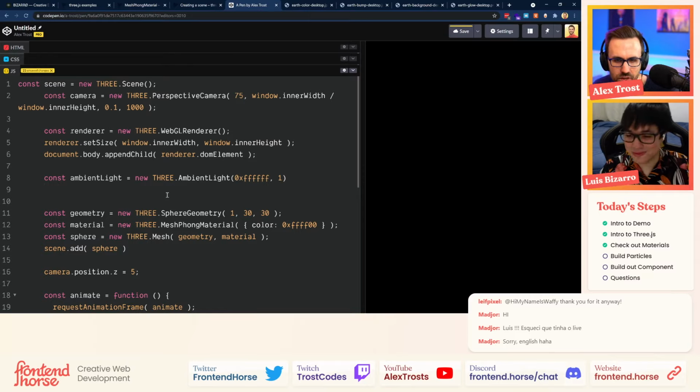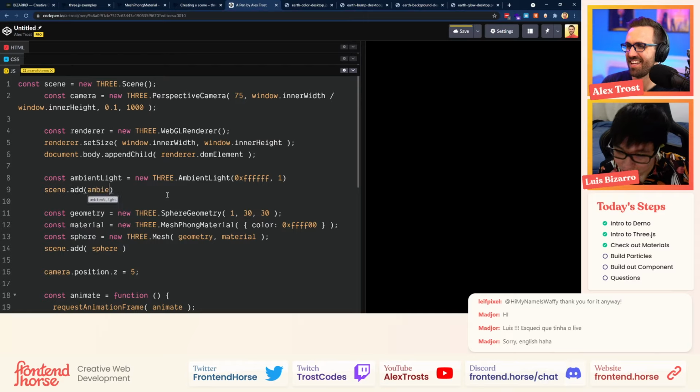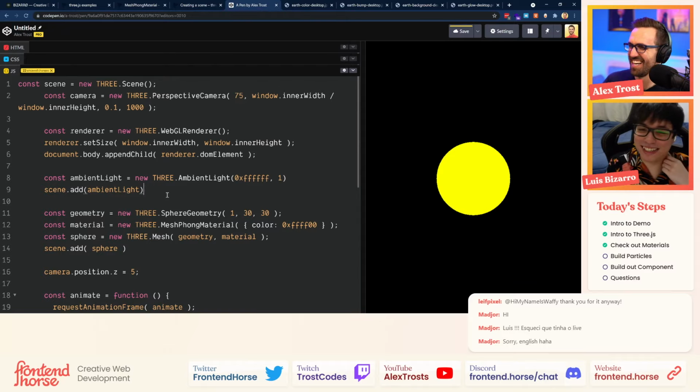Someone in chat, I'm not sure if you can read chat there underneath us. Can you see that? I can't read that. I could try to read it out loud, but I'm going to do a poor job of it. He said that he forgot that it was going to have a live stream. That's happening.